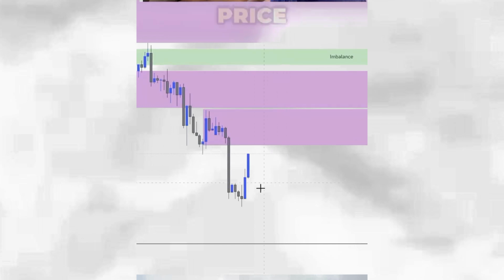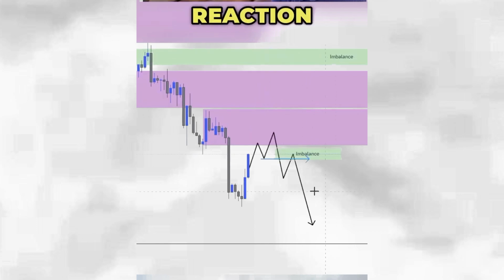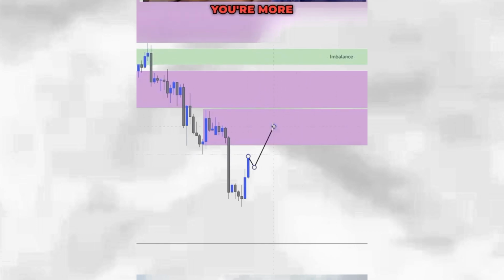Now, if price decides to expand from this area here, because we are at an area on the daily time frame where we could technically reverse, well, two things are going to happen. Either I'm not going to get a lower time frame reaction to the downside just like this, you're more likely to be presented with something like this where you can see prices just pushing higher. In which case, all I'm doing then is reanalyzing my price action. It might be that I look for buys in a couple of days, but until that happens, I'm waiting until price comes to my